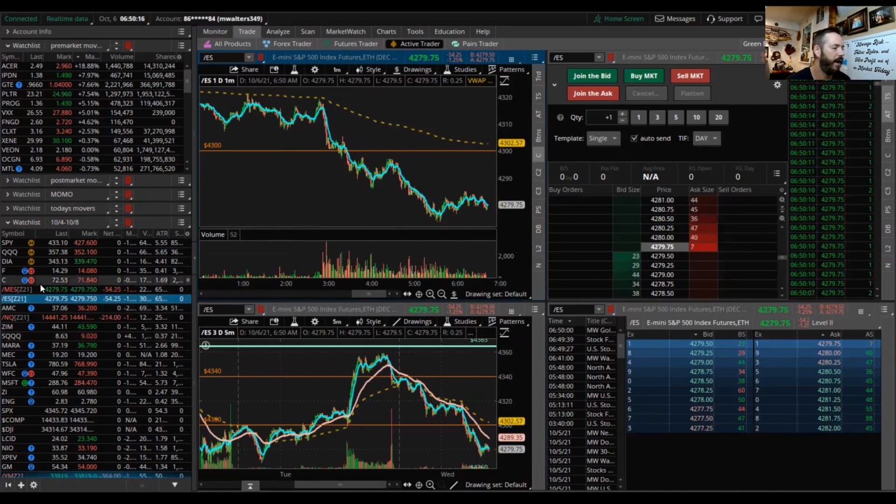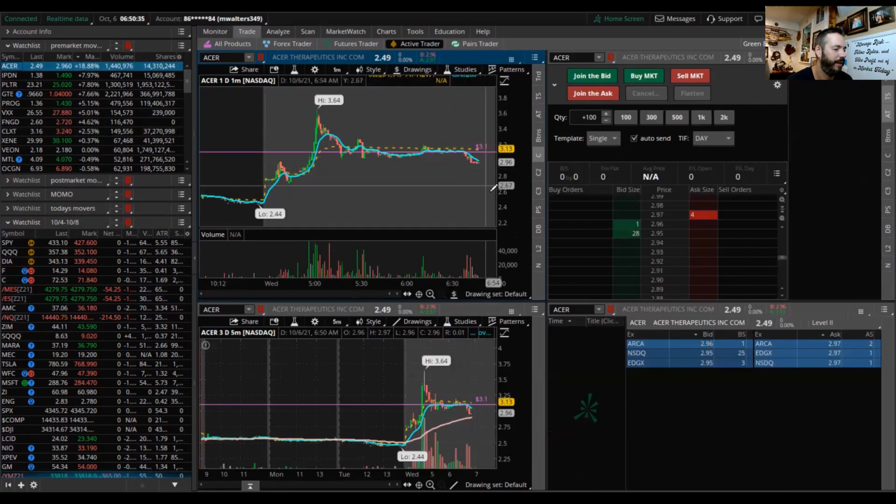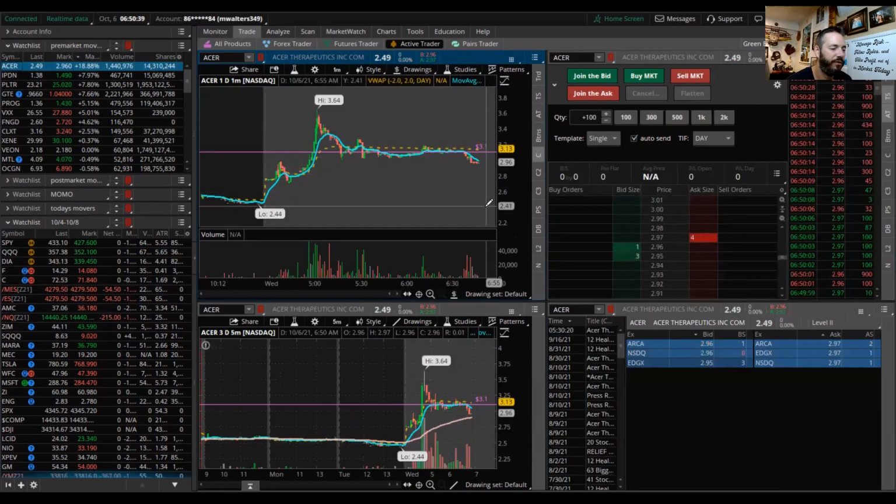Stocks on watch. Now, this is something I also post over in Discord, but since it's so early in the morning, these are our pre-market gappers. These pre-market gappers are looking very, very weak today. The top gapper is just so weak. Let's see what the news is on this one.